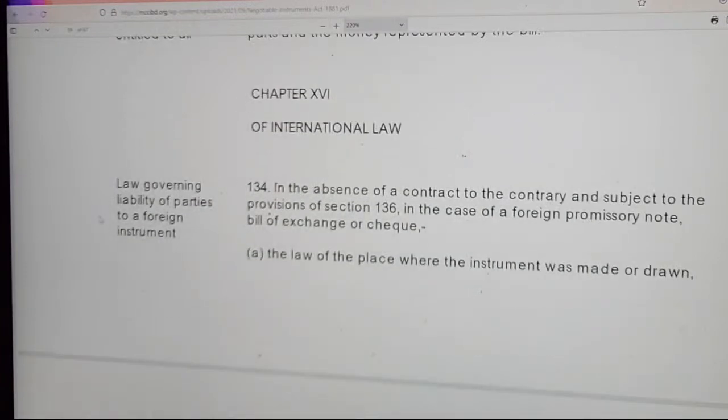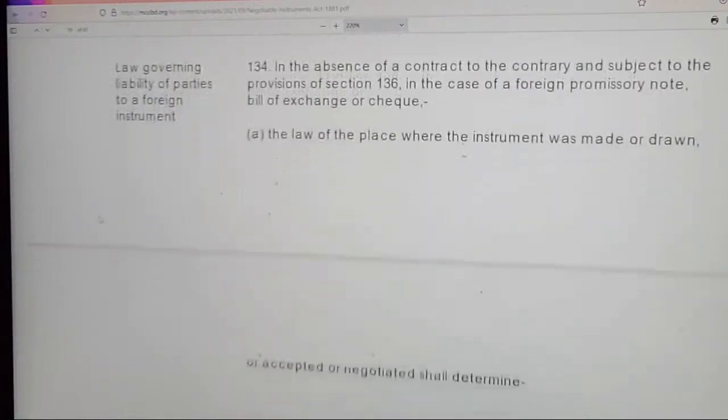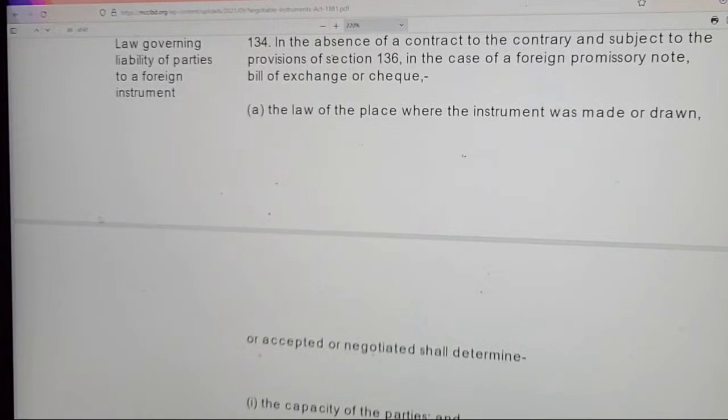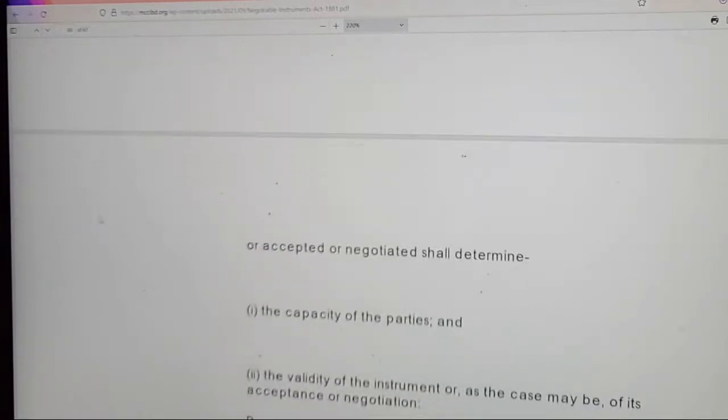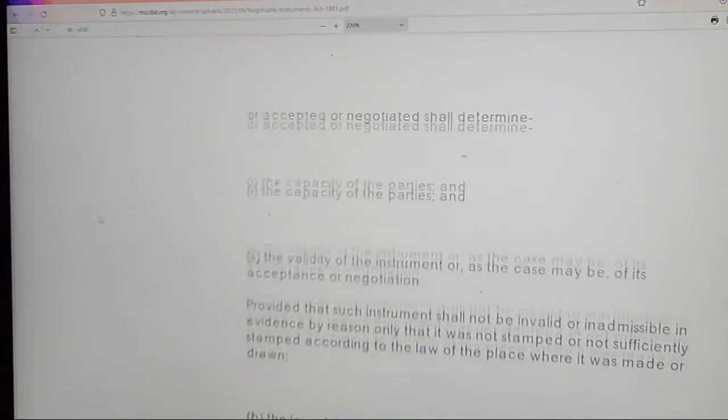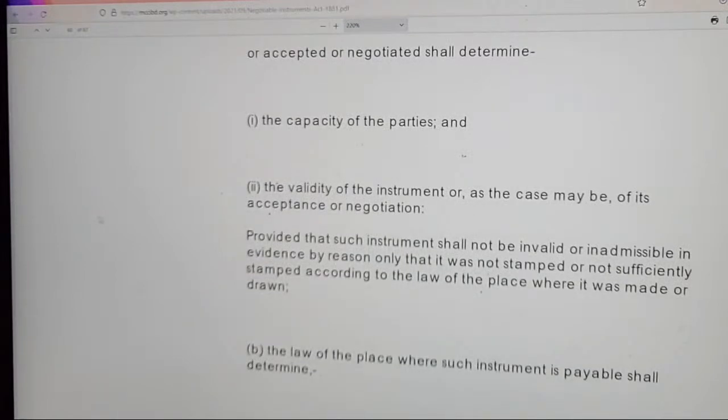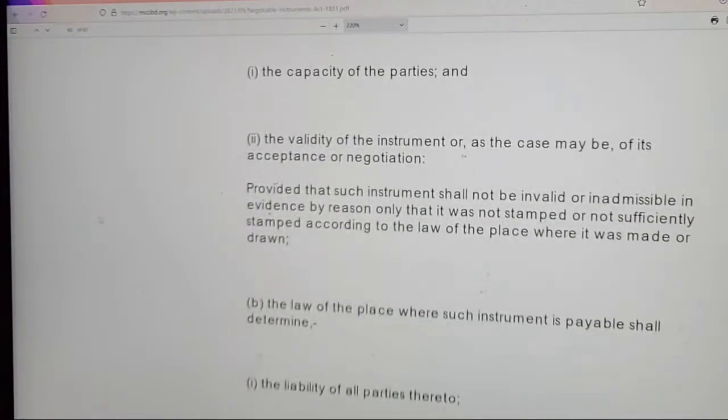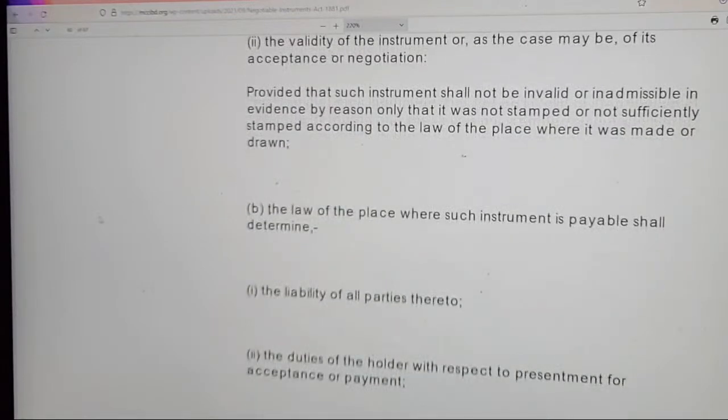Chapter 15 of International Law. Law governing liability of parties to a foreign instrument. In the absence of a contract to the contrary and subject to the provisions of section 136, in the case of a foreign promissory note, bill of exchange, or check, a. The law of the place where the instrument was made or drawn or accepted or negotiated shall determine the capacity of the parties and the validity of the instrument, or, as the case may be, of its acceptance or negotiation,